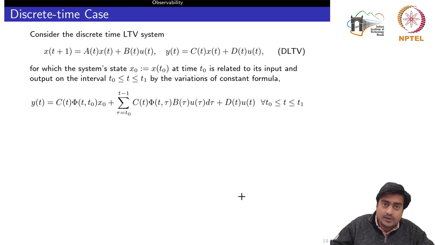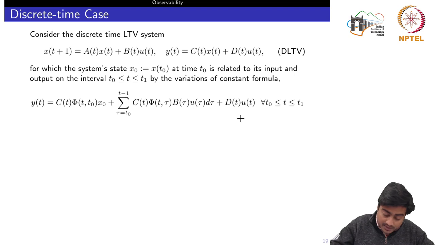Now, let us generalize whatever results we had seen in the continuous time domain. We can generalize all those results in the discrete time domain also. So consider this A, B, C, D, again the time varying matrices, where t is now an integer. By using the variation of constants formula, we had seen in the first week the solution of the discrete